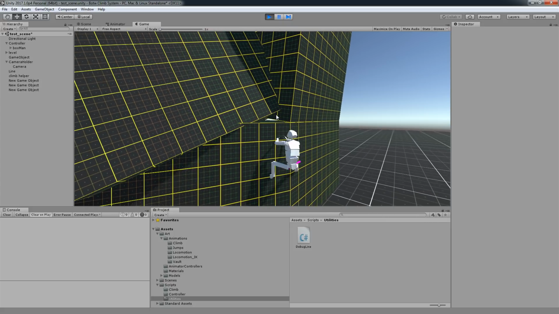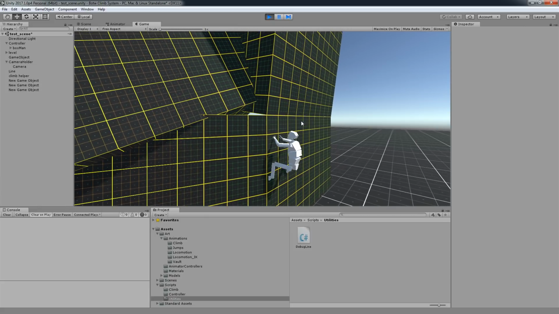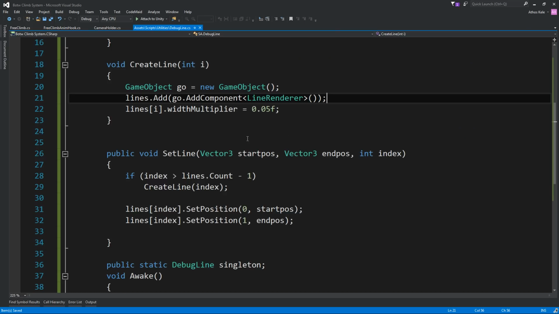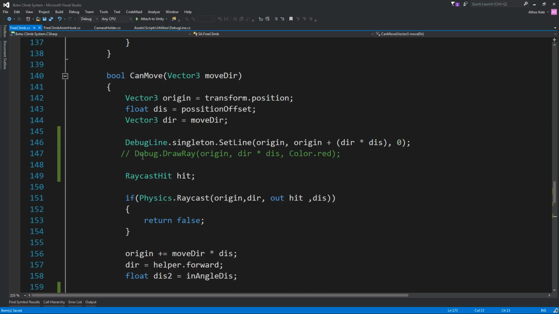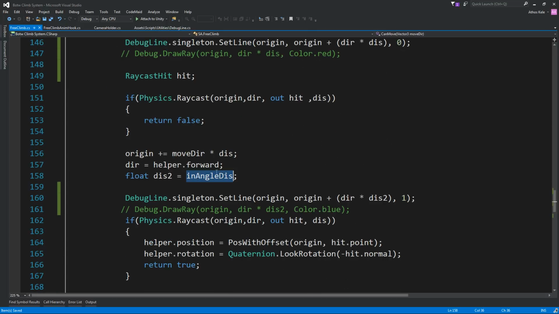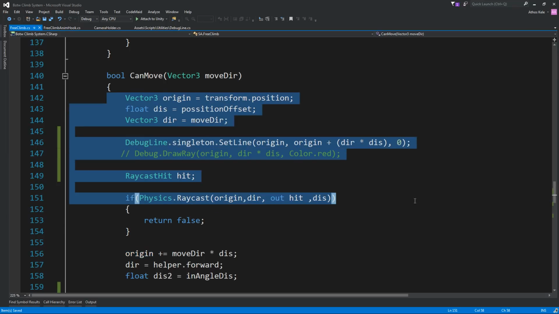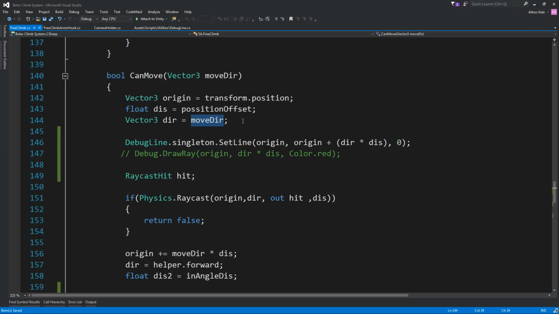So, as you can see, let's start fixing issues that appear. Like over here, we should be able to go over there, but as you can see, it's way too small. It's way too short for us to hit it. So, where that should be is over here. Now, let's see where this comes.